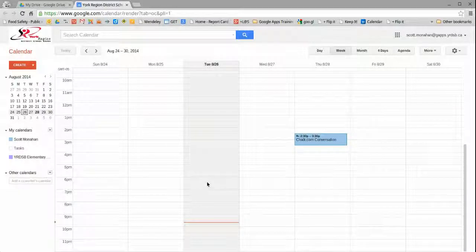Okay, here's a quick little screencast for how to create a calendar for your team. One of the things you might want to do is set your team up as a Google group. That will make it much easier to add and remove people, but for starters I'll show you how to get